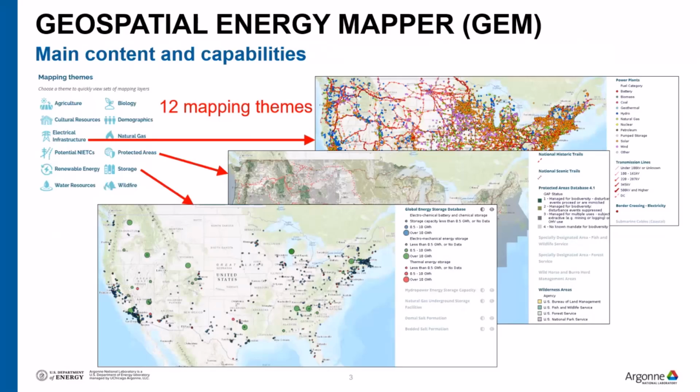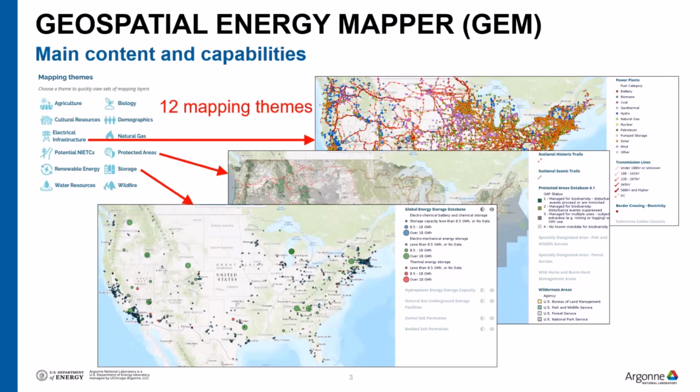A quick way to start in GEM is to use the mapping themes, and they appear at the lower left of the interface. And here are 3 quick examples of the map that displays when you choose one of these themes. It loads your table of contents with a set of data selected from the catalog on that topic. And there may be more data in the catalog for certain less commonly used layers that fit that topic. So it's not a comprehensive list necessarily, but it highlights the layers that we think would be most of interest